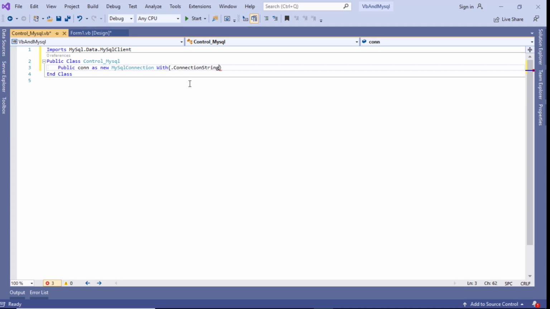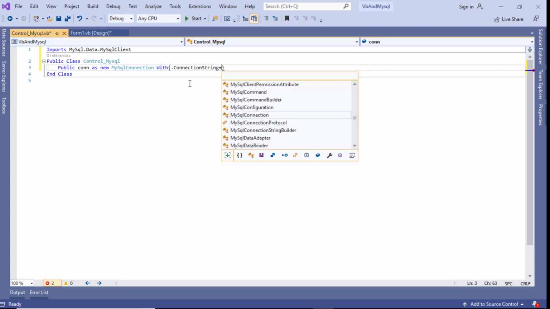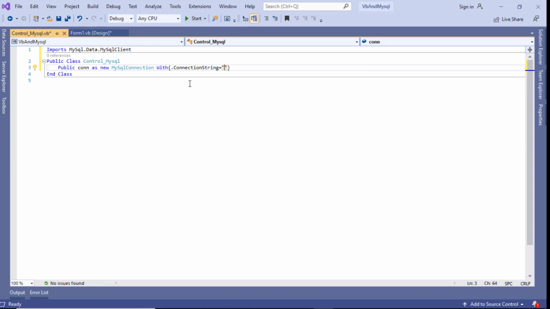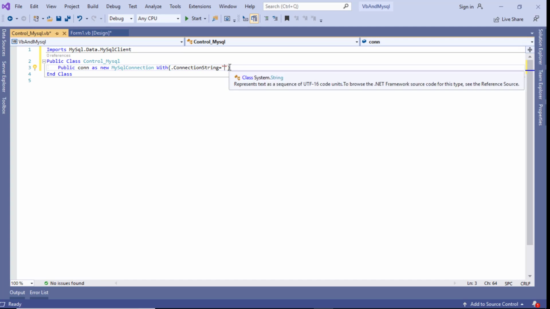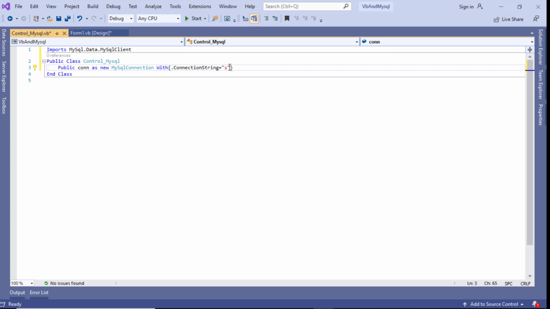Now, in connection strings, we provide 4 parameters, and this connection string is the path to your server. So you provide the server name, where your server is located, the user, your password, and the database name. So the server, you just type server